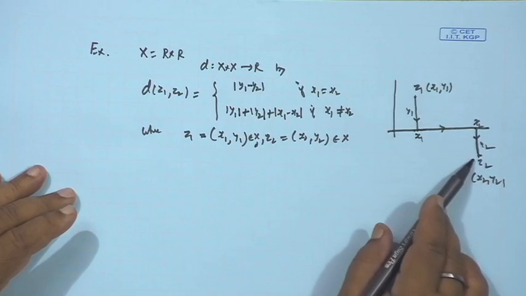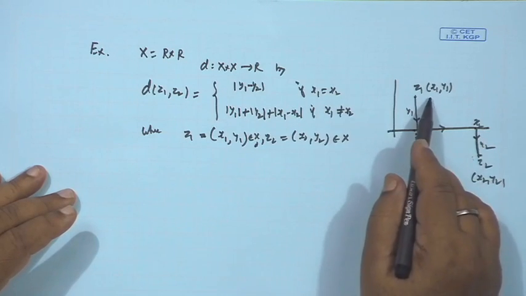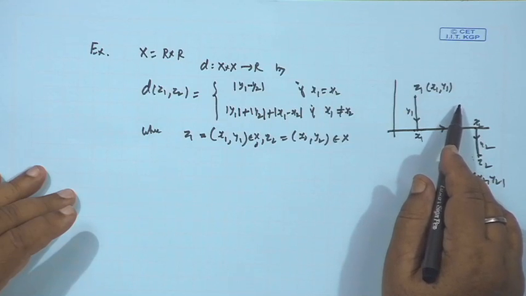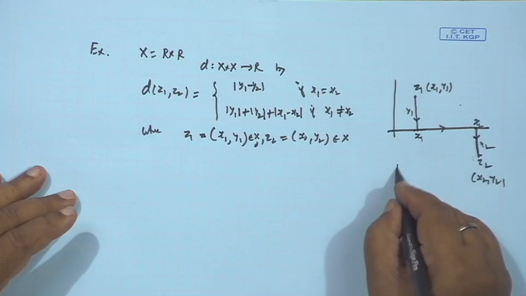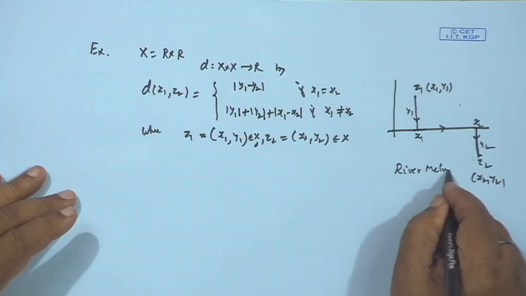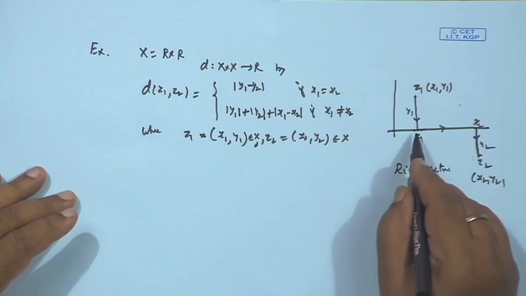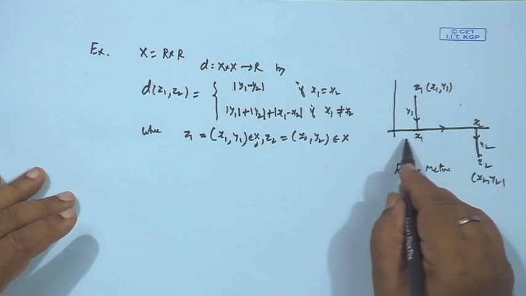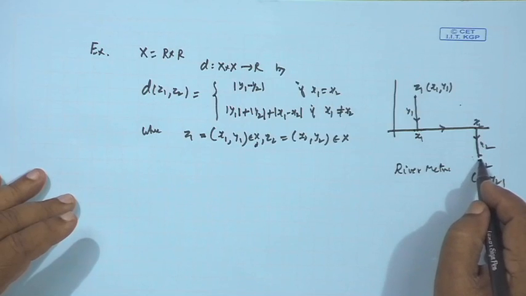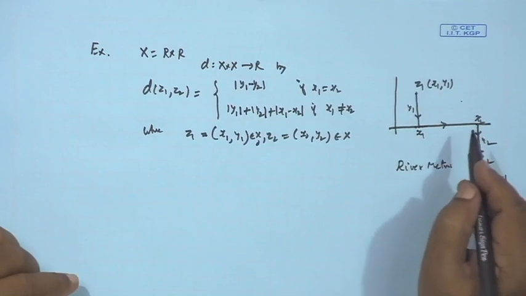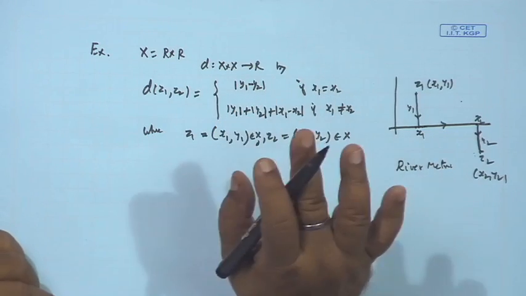We can also find the length directly. That will give another metric, the square root of (x2 − x1)² + (y2 − y1)². So this is also a metric, but the metric defined above is known as the river metric, because if a person wanted to cross the river, he has to first approach one side of the river, then cross the river and then come back to this side. So that is called the river metric. This d, defined in this way, actually satisfies all the conditions of a metric.